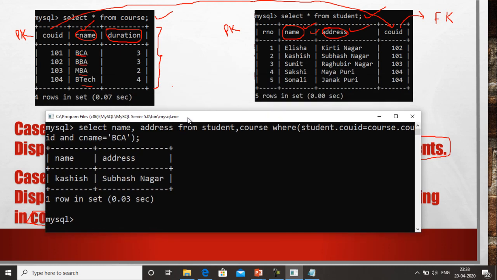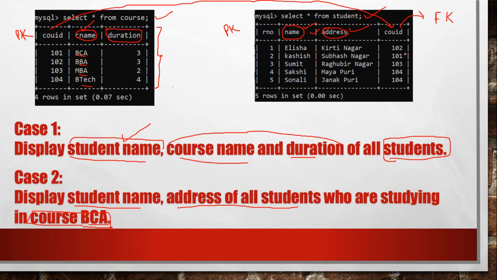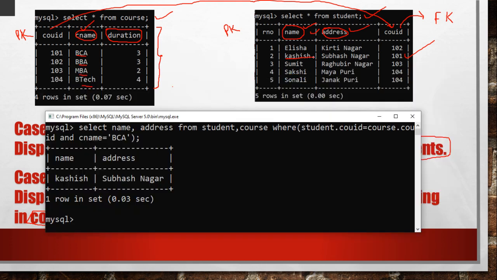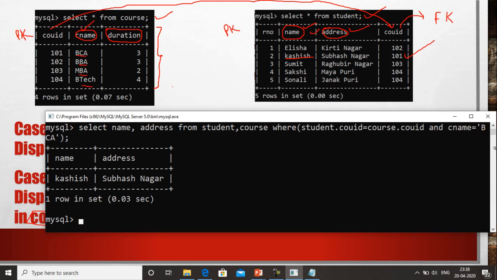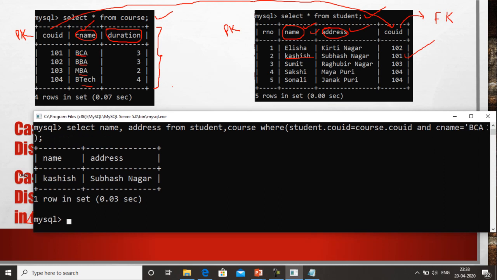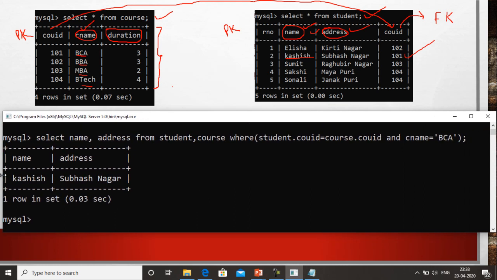You can watch it over here. The BCA course code is 101, and out of all these students, only Kashish has the code 101. That's why in the answer of this query you are getting the record of Kashish only. So just simply write down this query. Okay.